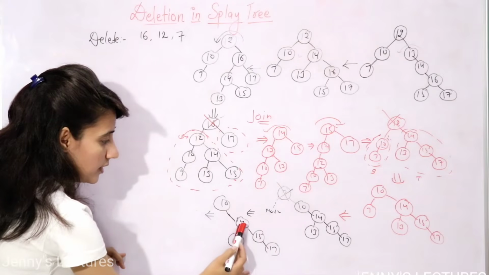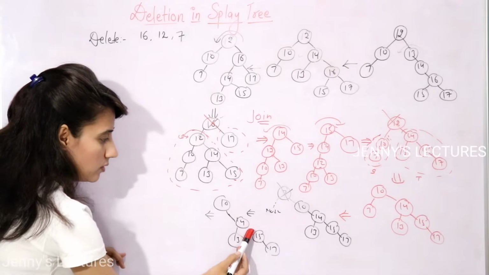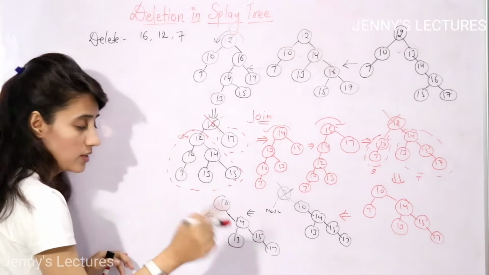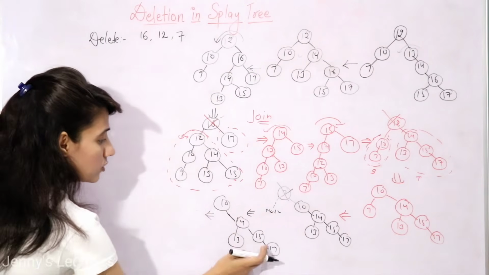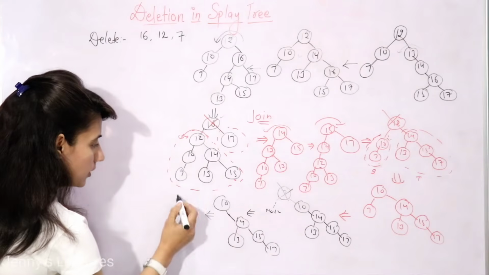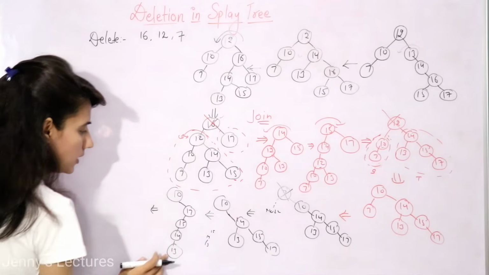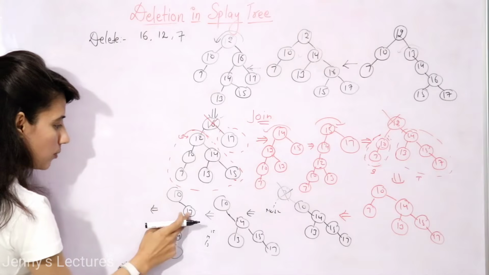Now this has a parent as well as a grandparent, both to the right side, so a zigzag rotation would be there. Now both are on the right side, so 2 left rotations would be required. After 2 left rotations, the tree would be this, but we are not yet done, 17 is still not the root. Now make it the root.